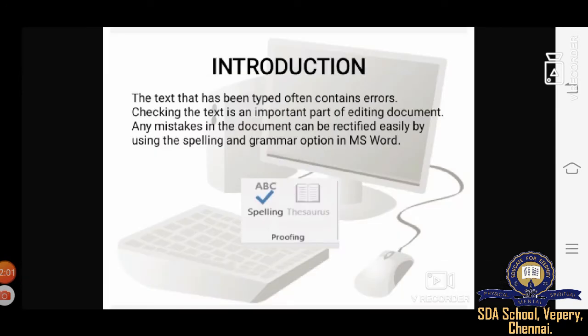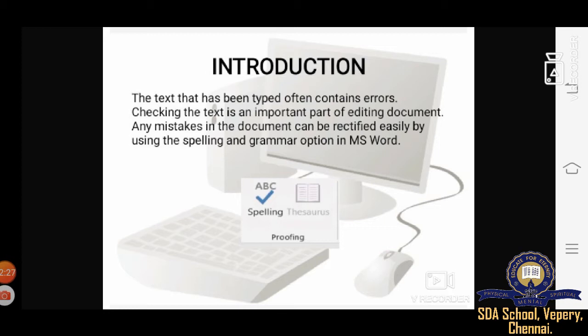First, the introduction part. The text that has been typed often contains errors, and these need to be rectified before finalization of the document. Any data that we enter in the document, first we need to check the full text, whether it is correct or not.